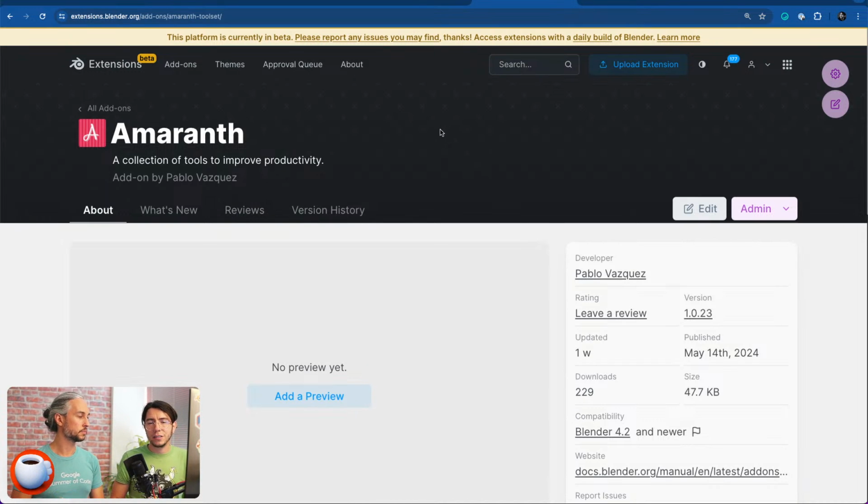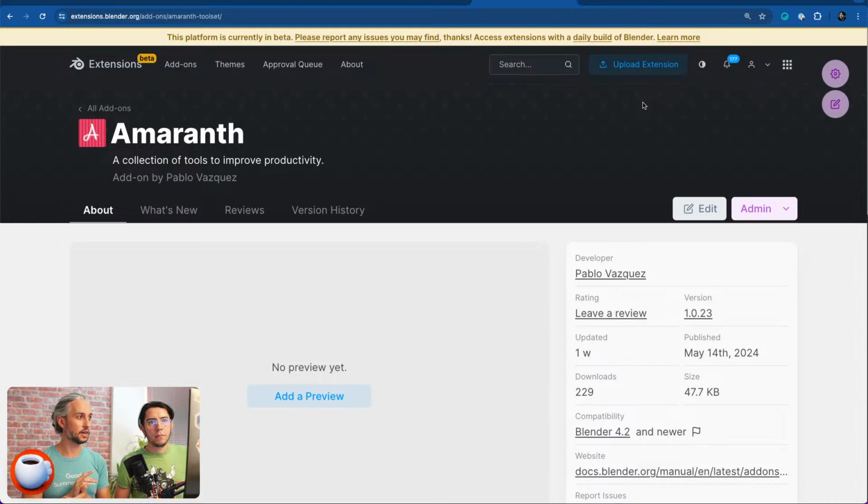Why? Does it need to be reviewed or approved by anyone? Good question, Pablo. So we do have a review system, and we do have a few guidelines which we expect to be followed. One of them is indeed you should be the owner or the maintainer of the add-on. If you're not, because we don't want add-ons which are in a state of abandon there. That might also address the question that people might have, like what happens if someone takes my add-on and puts it in the online platform. Ideally it shouldn't be